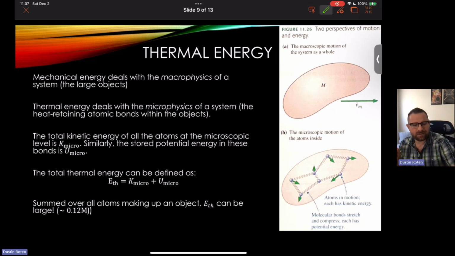So mechanical energy deals with the macro physics of the system. This is the large object, like the baseball traveling through the air, or maybe you've got a big flywheel that's spinning on a car. So the mechanical energy deals with the macro physics, the idea of large objects. You can see that over here on the right: the macroscopic motion of the system as a whole. So M is my system. It's the whole thing. This whole big clump has some sort of velocity. It's moving to the right. That's what we're talking about here. Okay, well, that's mechanical energy, but